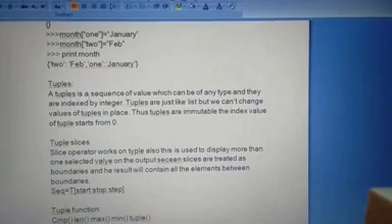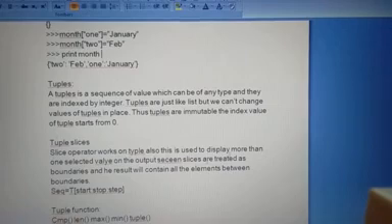Tuples. A tuple is a sequence of values which can be of any type, and they are indexed by integers. Tuples are just like lists, but we cannot change the values. Tuples are enumerable. The index value of a tuple starts from 0. Tuple slice: the slice operator works on tuples also.